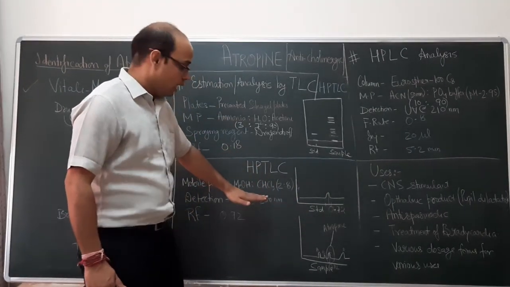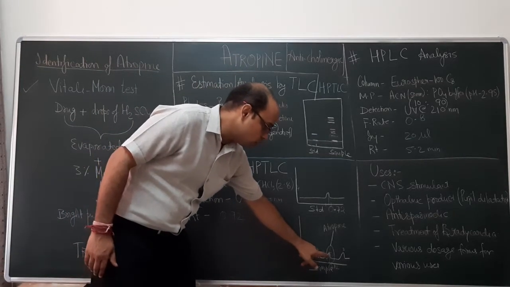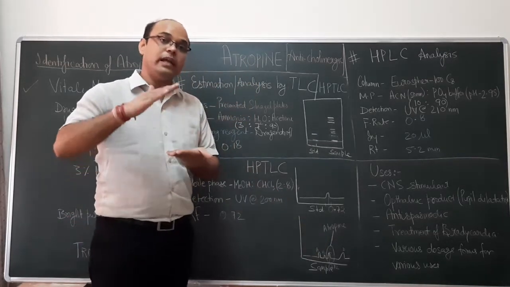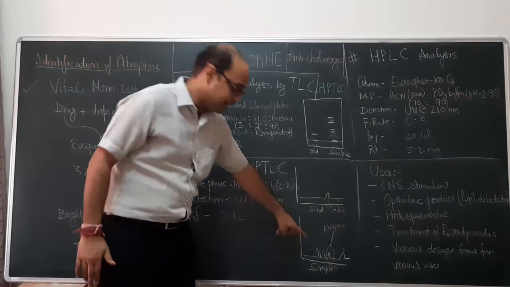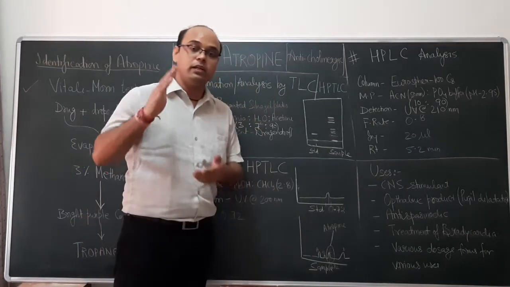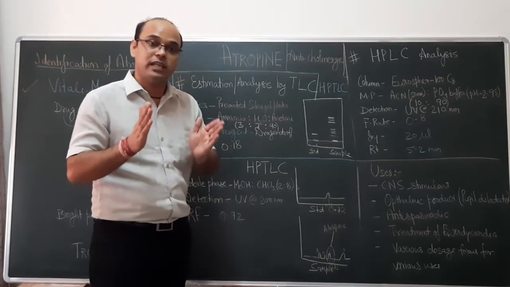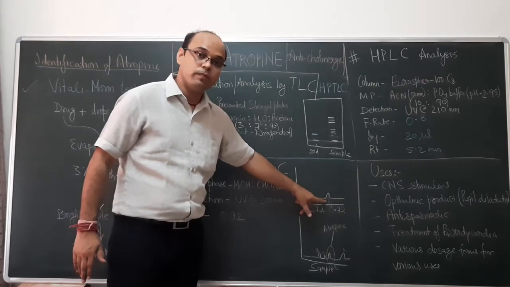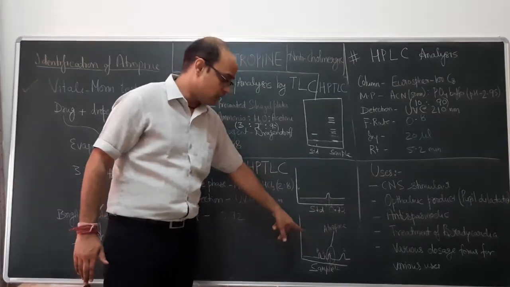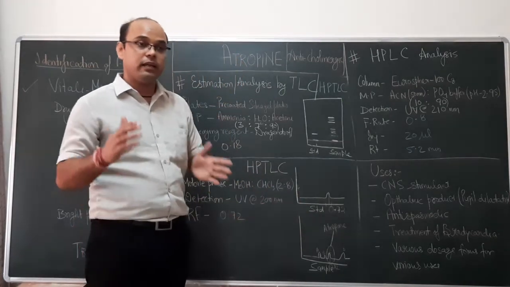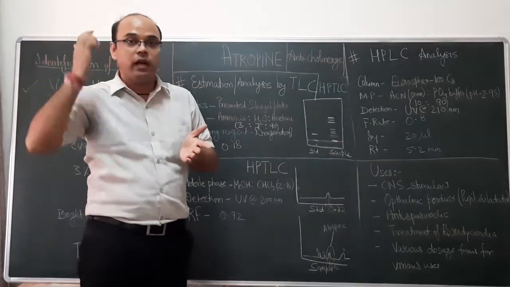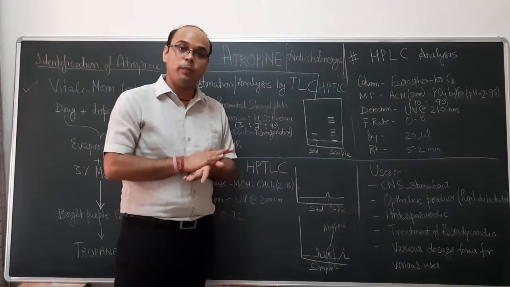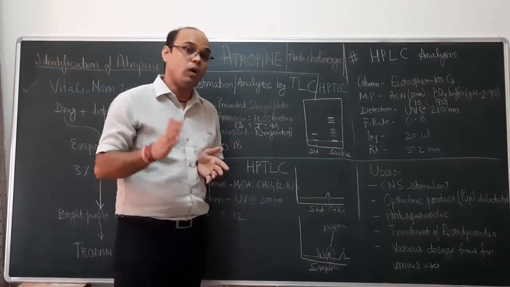using these conditions, the sample shows the presence of 1, 2, 3 and 4 peaks. There you can see A, B, C and D, and if you correlate or overlap the images, you can see that the peak C is exactly at the same position where we have got the standard RF value of 0.72 in the standard. So we can correlate it with the standard, and we can identify the presence of atropine in the drug sample. So we observe the atropine in HPTLC at 0.72 RF value.